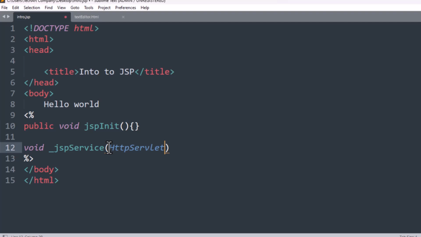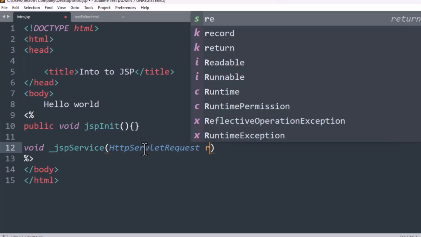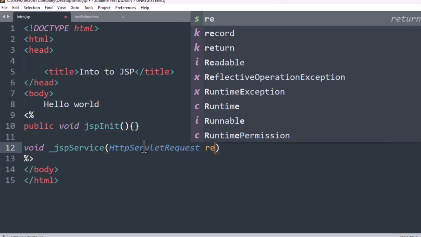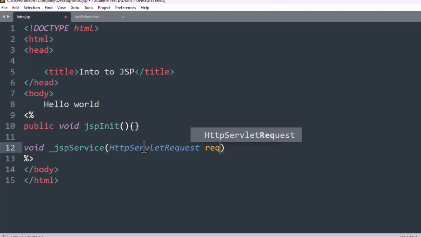So request. You don't have to write this because they are automatically there. Request, just like that. And then we have another one here, which is